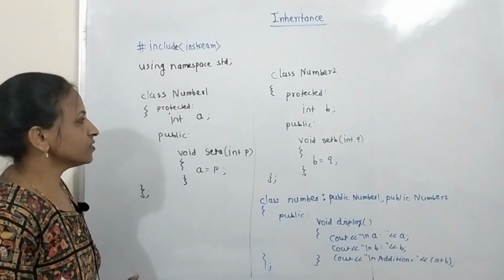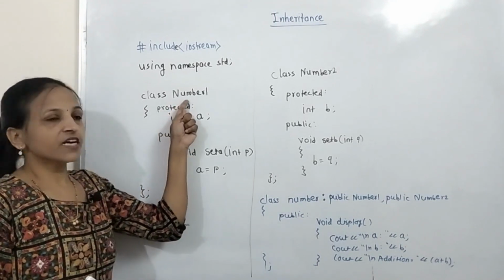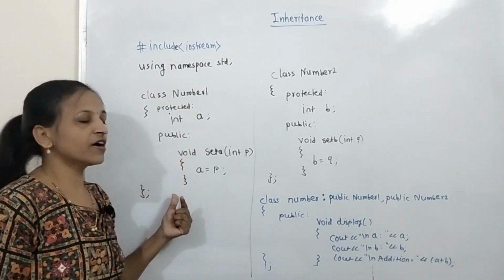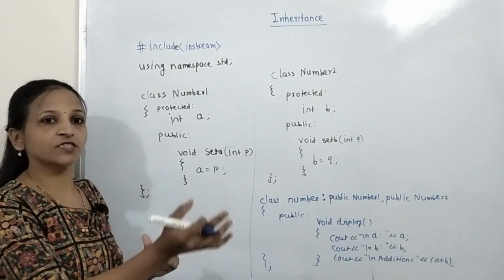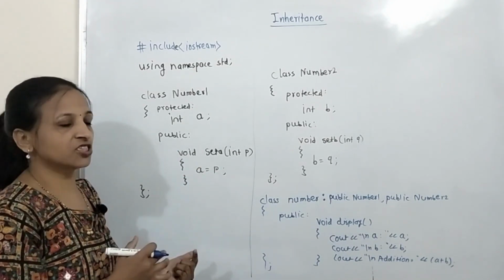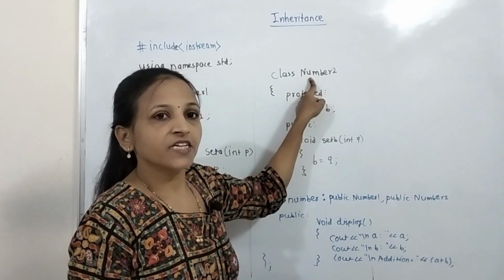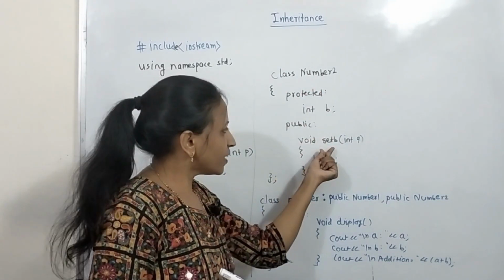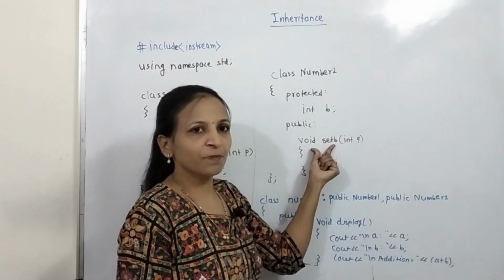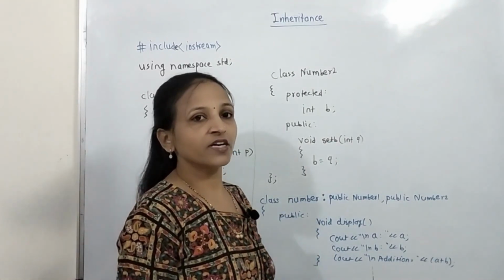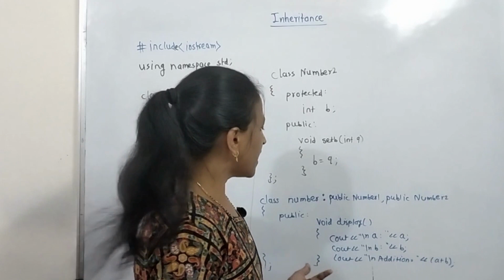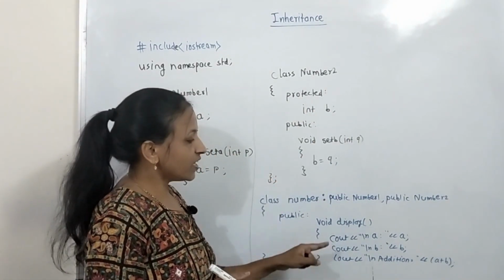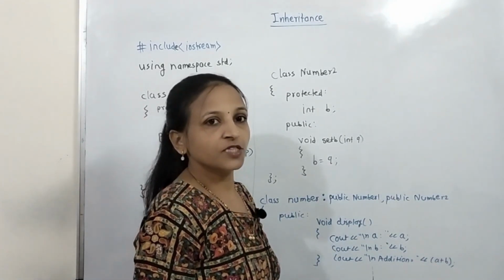Getting it? Now see what we have done. We have declared one Number1 class, which has one integer data member and one member function setA to set the value of that integer. The second integer I have declared inside the Number2 class. It is the data member of that class, with one member function setB. Now I just want to create a class where I display these two integers and the addition of these two integers.